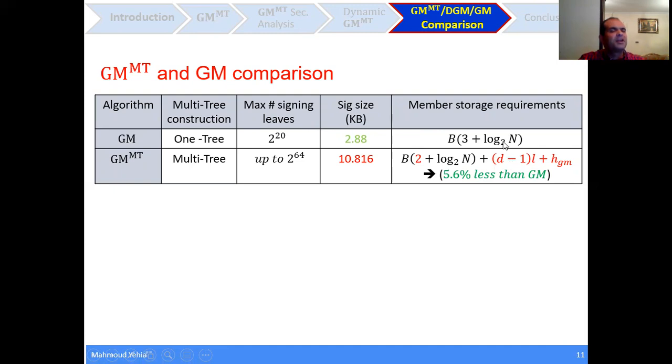And for reasonable parameters, our scheme achieves 5.6%